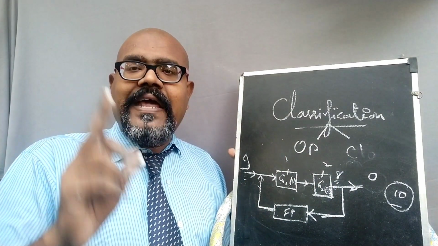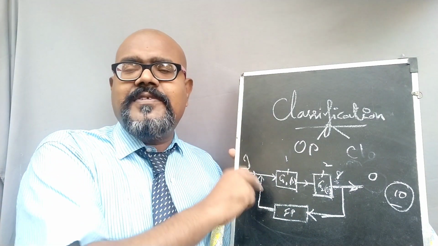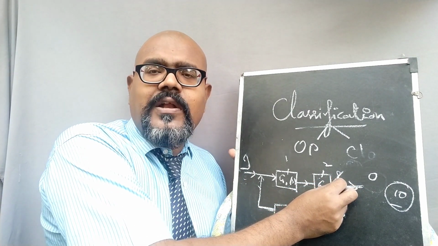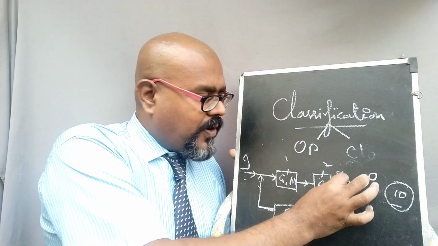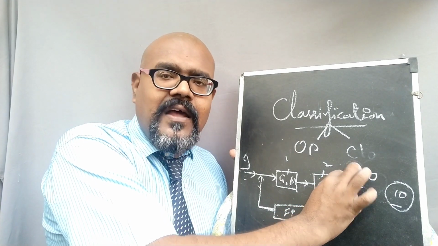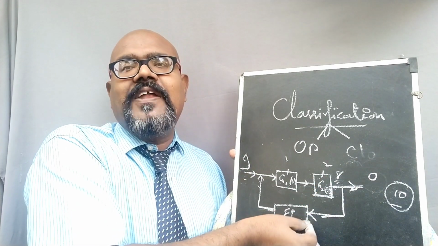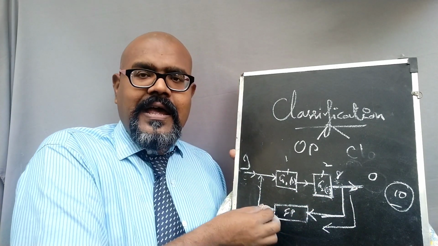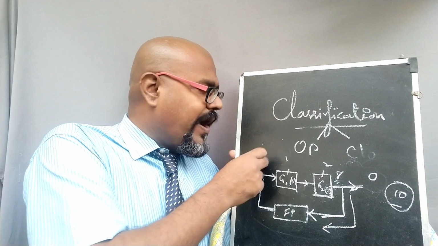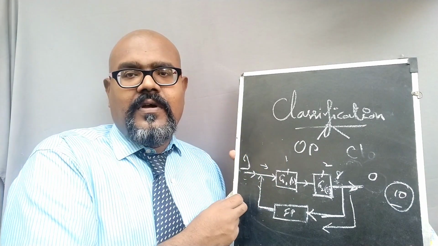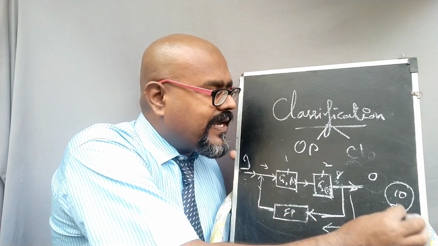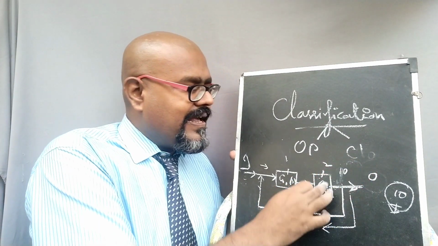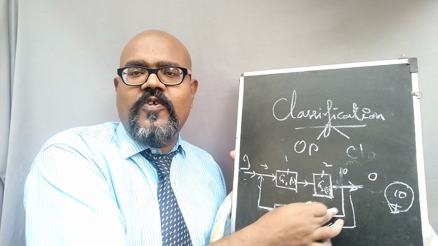So we need to give 10. For that, the system should not send the signal to the output. The system sends the signal to the input again through the feedback path. So this particular 8 should travel again here, and the system goes as an input again, till the response becomes 10. Once the response comes as 10, the signal should not go to the feedback path.